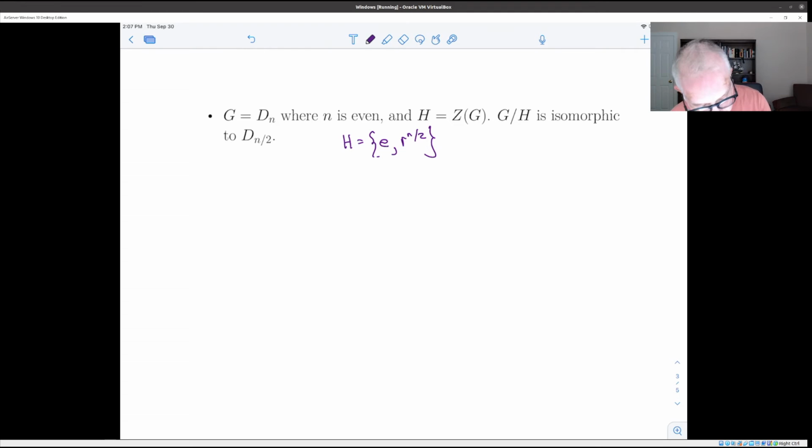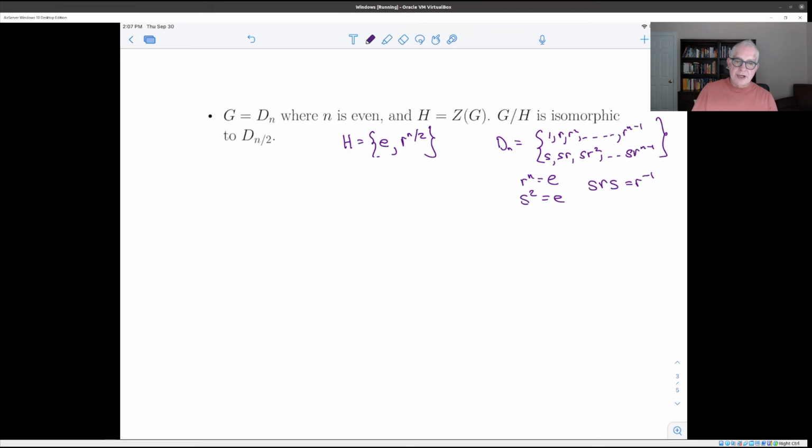Remember, maybe it's worth remembering that Dn consists of 1, r, r squared, up to r to the n minus 1, s, sr, sr squared, up to sr to the n minus 1, where r to the n is the identity, s squared is the identity, and srs is r inverse. And from that, you can calculate anything you want to know about the dihedral group. And we've figured out what the center is. And we already showed, and I won't rehash it, that the center is automatically a normal subgroup. So H is normal